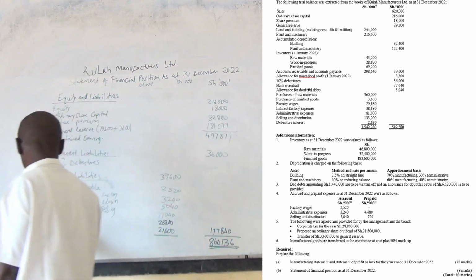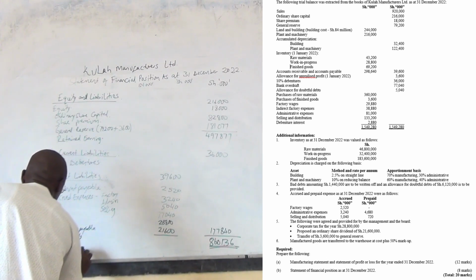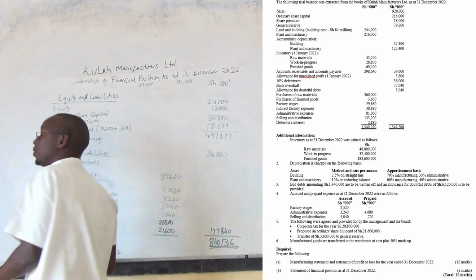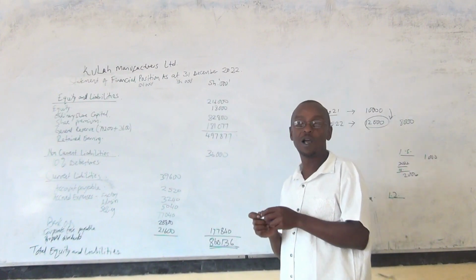This is the total equity and liabilities. So with that, you will be able to do as many